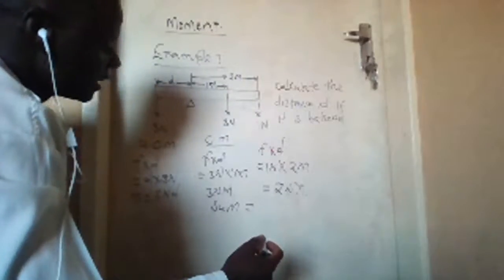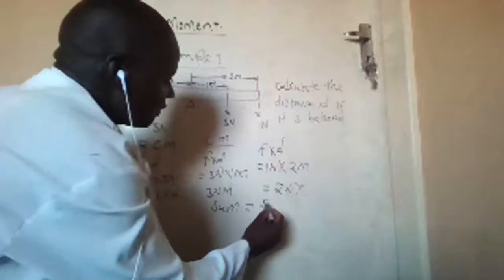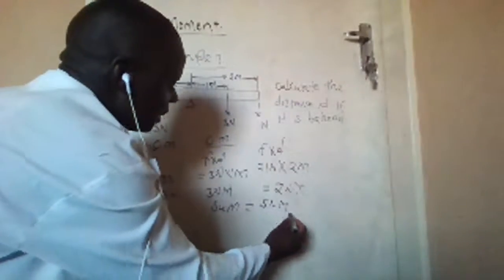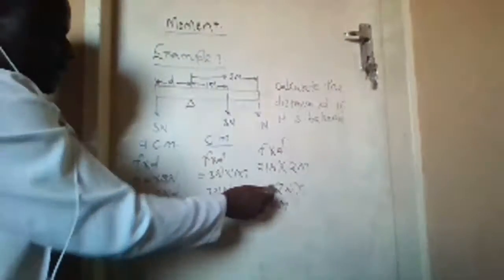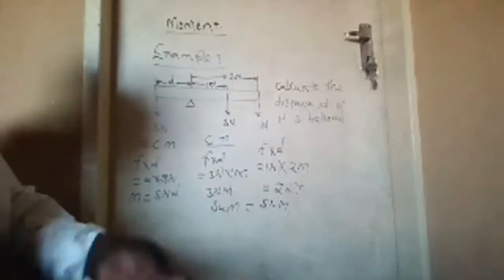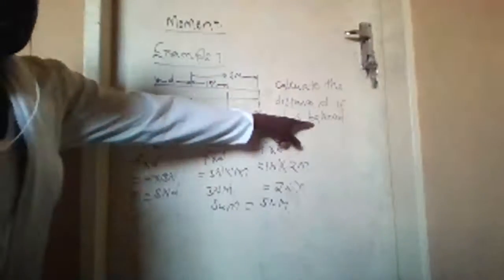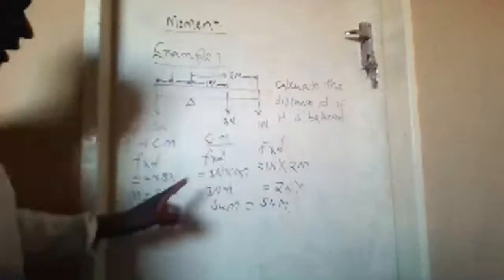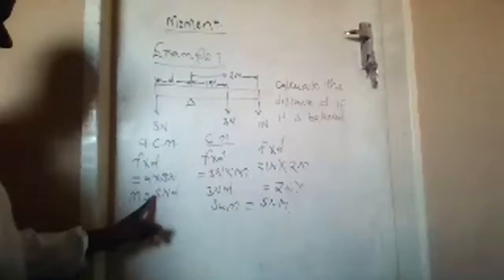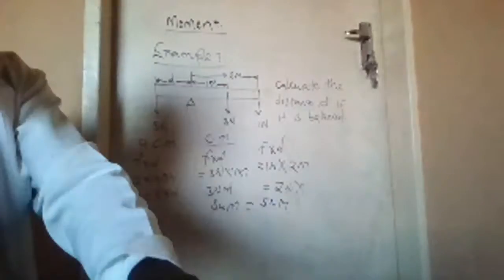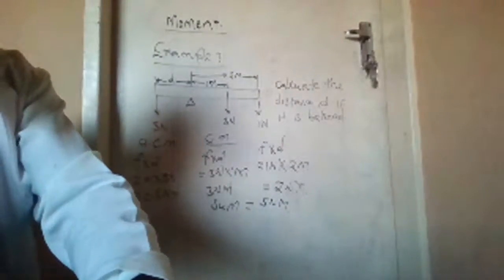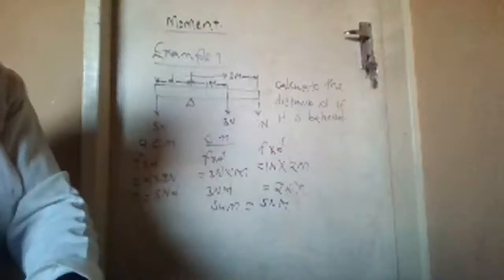That is the reason why door handles are placed far away from the hinge, which is the pivot, so that